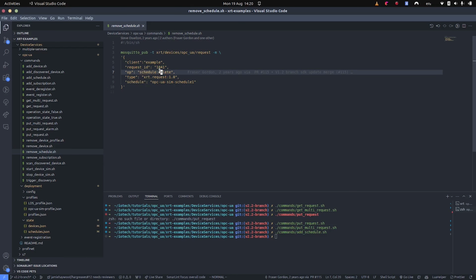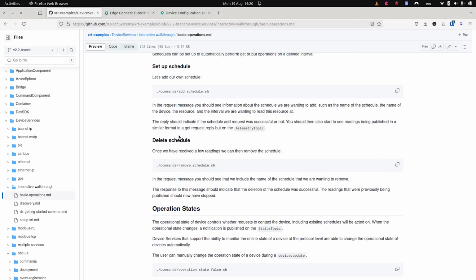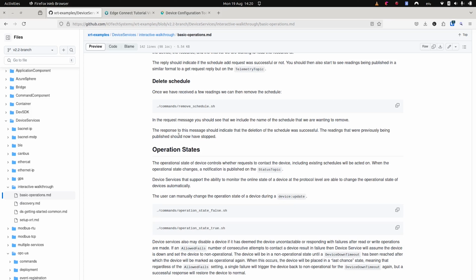And this will mean that the schedule will be deleted from that schedules.json. So we have looked at how to add devices, how to remove devices, as well as how to interact with devices. Next we looked at schedules, and the final stage of this generic walkthrough for the device services is around operational